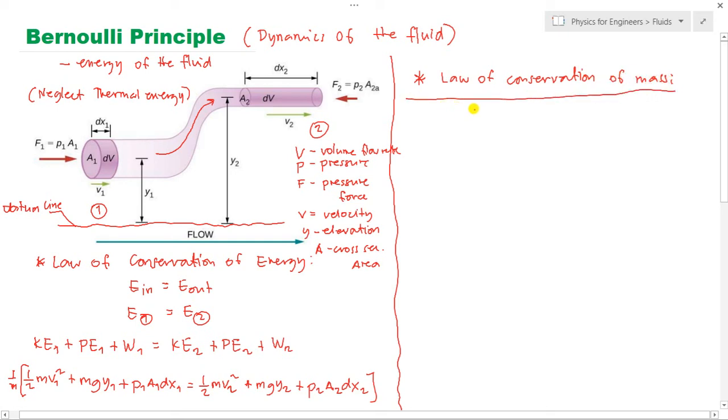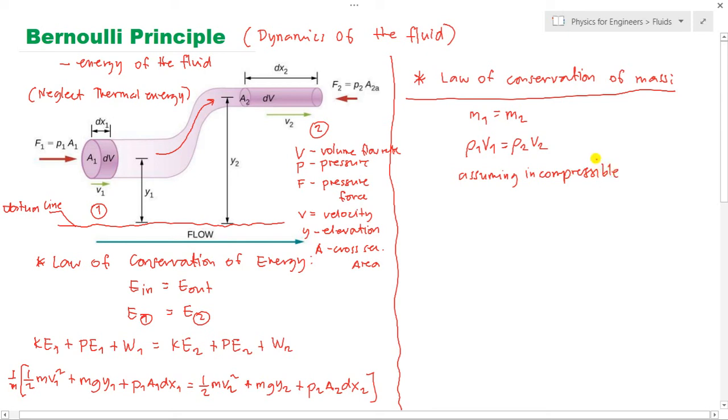And here we can say that the mass flow rate at point 1 is equal to the mass flow rate at point 2, meaning the mass that enters is equal to the mass that exits, meaning no mass is left in the system, and no mass is destroyed. Of course, it is hard to destroy mass. So the mass flow rate is density at point 1 times the volume flow rate at point 1, equals density at point 2 times volume flow rate at point 2. Assuming, class,